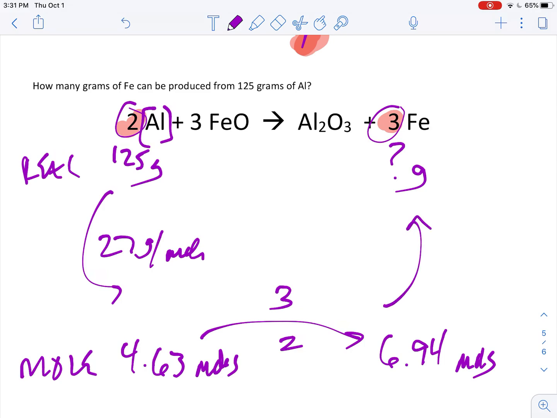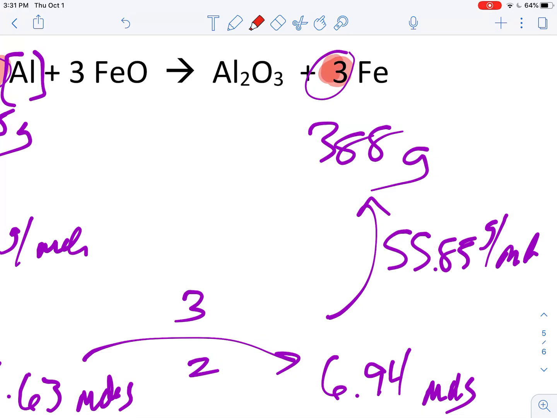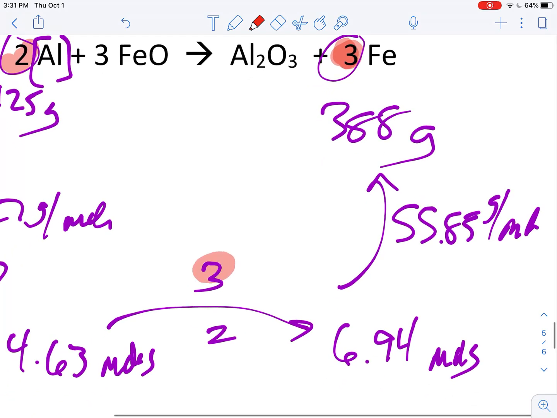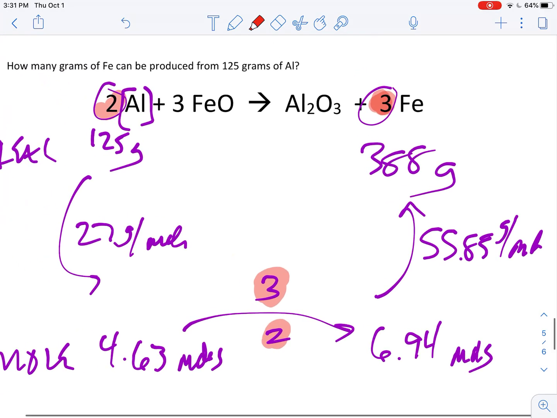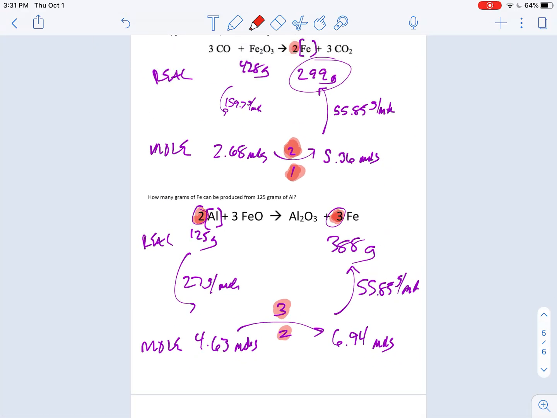And now I'm going to come back up out of the mole world into the real world, knowing that iron is 55.85 grams per mole. So 55.85 at 6.94 is going to get me about 388 grams that are right here. But Smith, shouldn't I do 3 times the Fe? No, you've already done the 3. You've already done the 3. That 3 was taken into account at that step in the same way that 2 was taken into account on that step. So those are some basic stoichiometry type problems for